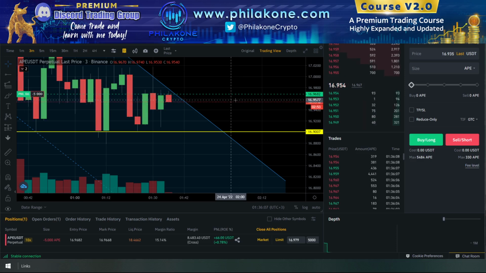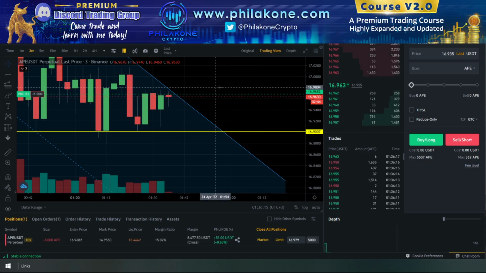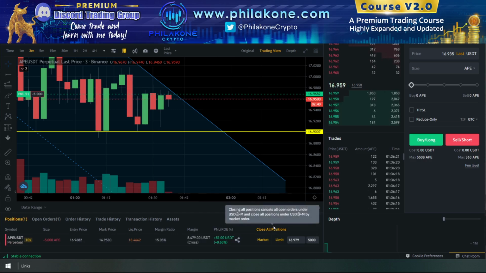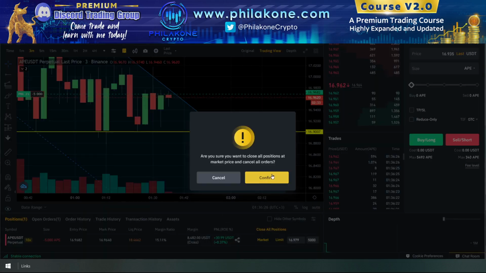Break. Okay, rejected. Great so far. A new 3-minute candle is beginning. That's good. No, I don't like that wick. Damn. Pushing up. That doji wants to push up, man. I'm getting ready to close my position if something happens. Just going to pause it for now.